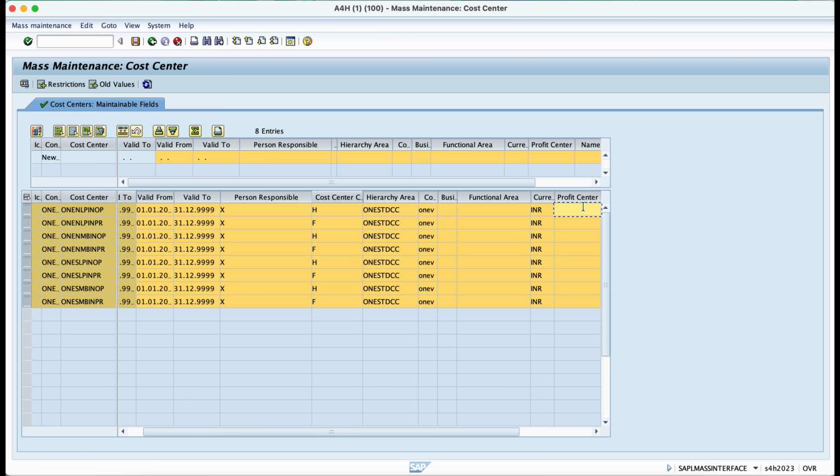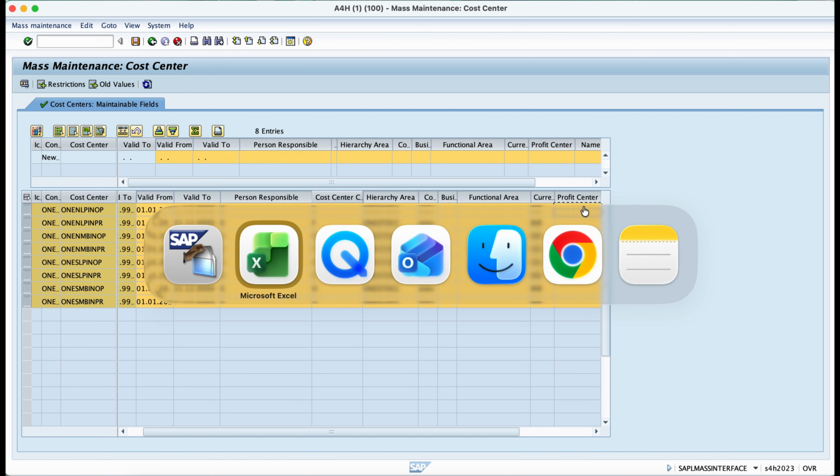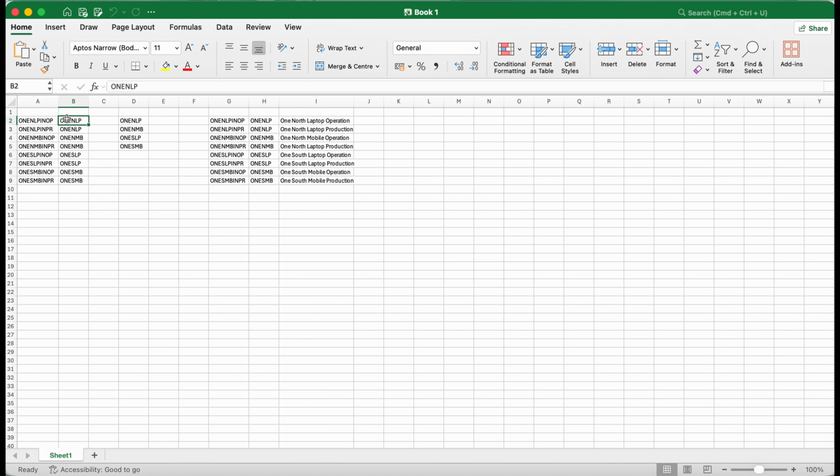Next is profit center. Profit centers are required to be entered as per the location and the product line to which the particular cost center is going to belong. As you can see in my Excel, this is written: ONE North Laptop. This is for this cost center and this is for ONE LP, but this is a production cost center. So these two cost centers belong to one profit center. Now this one is for North Mobile operation and this is for North Mobile India production. So this belongs to the